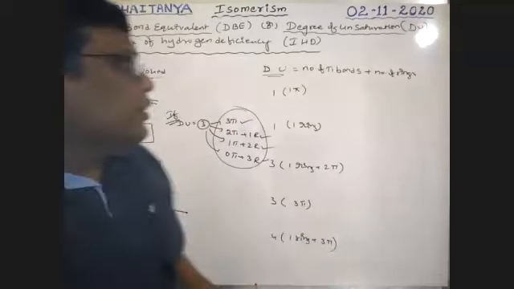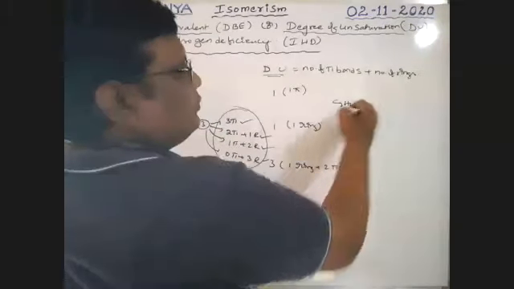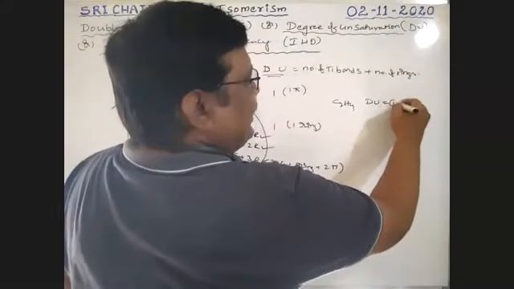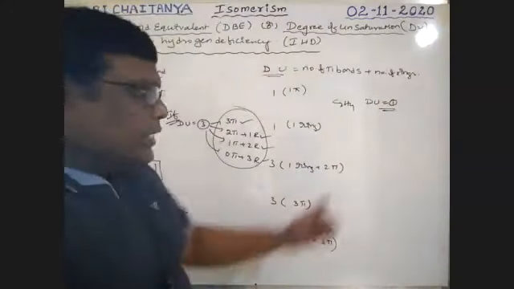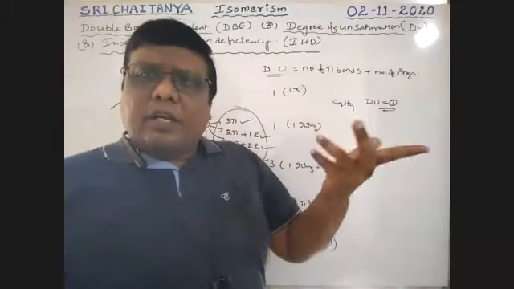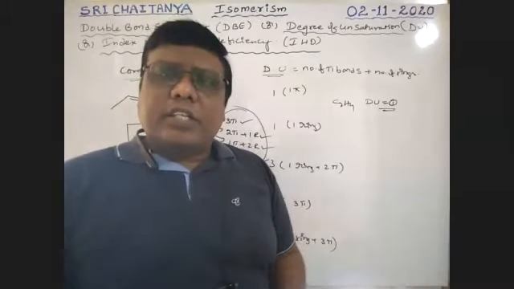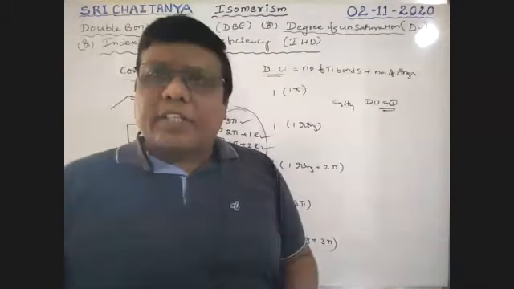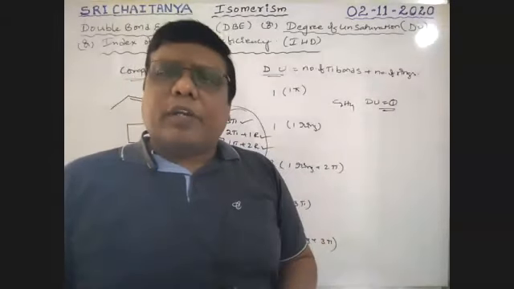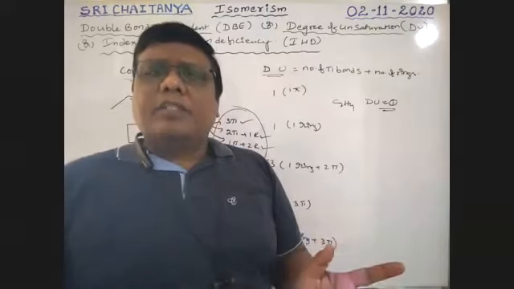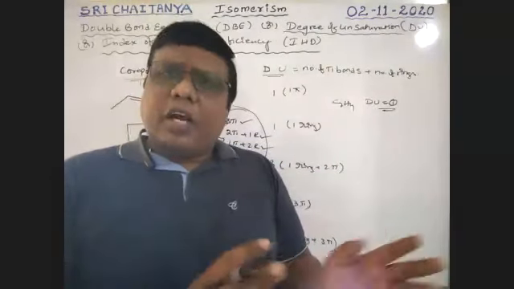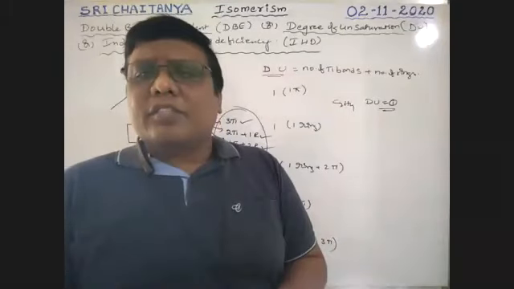For example, C2H4. Its degree of unsaturation is 1. Is this an open chain compound or ring compound? It contains 2 carbons, so ring structure is not possible. It means only open chain structure, with a pi bond. That degree of unsaturation is due to the pi bond, not with respect to a ring. So the degree of unsaturation gives an idea about whether the compound has a ring or an open chain. We will explain all this more.